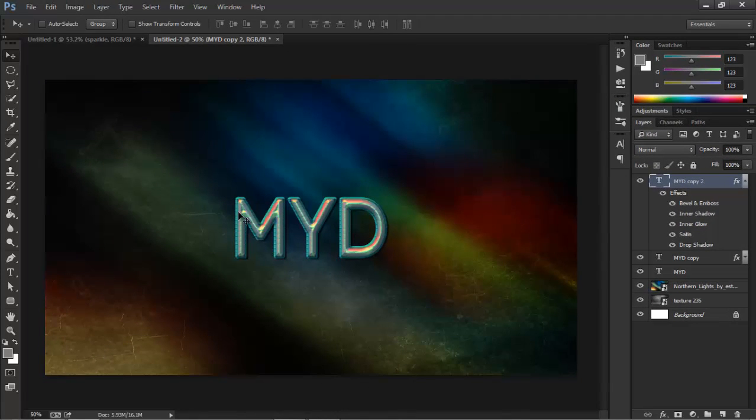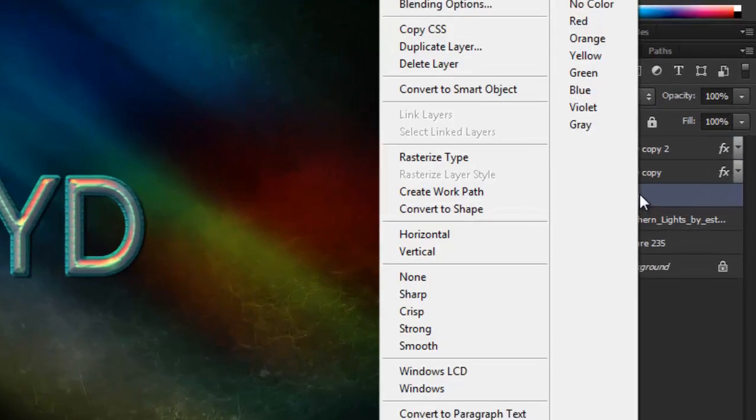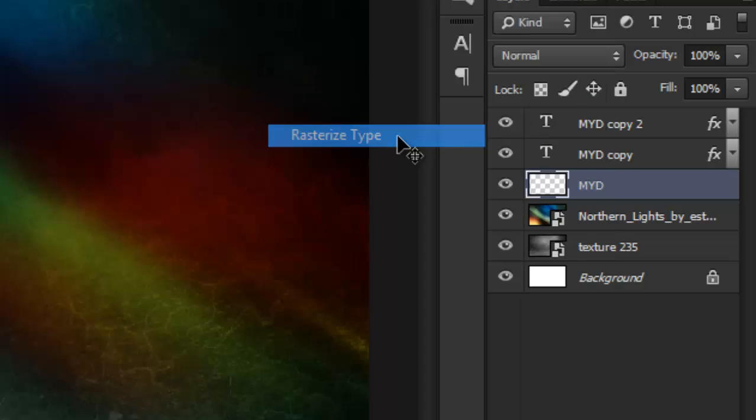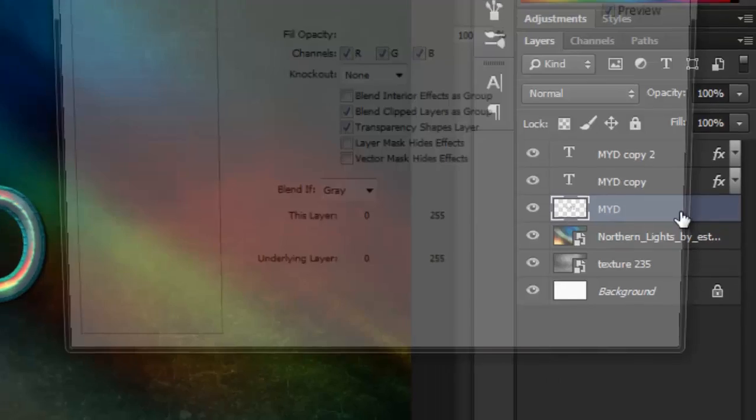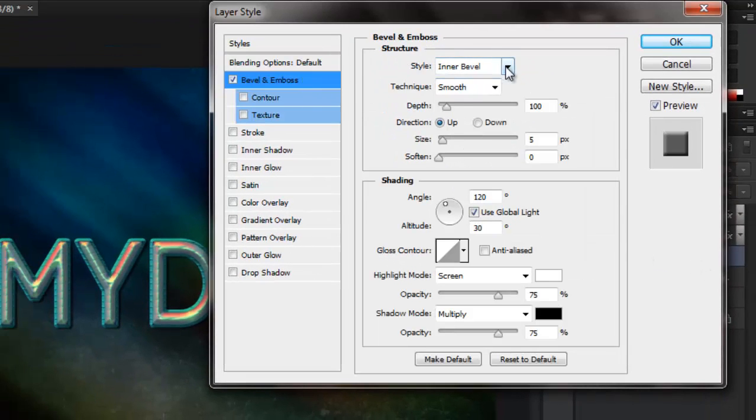We've got that stroke on our text over here. Let's go to our original layer, which name is text or MYD Productions, and right click here, then rasterize style. Going to open its blend options, double click on it. Set a bevel and emboss with style of stroke emboss and technique of chisel hard. Set our depth to 450 with size of 18 pixels,